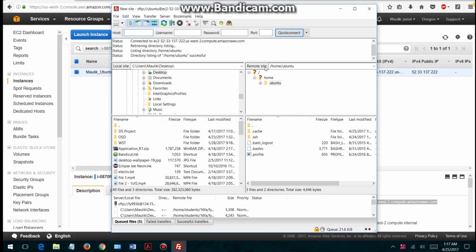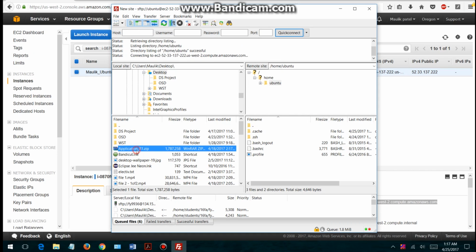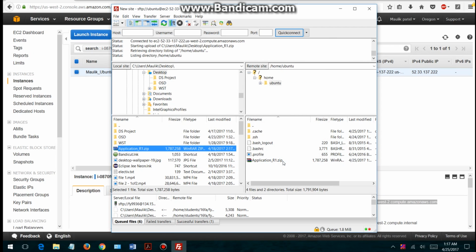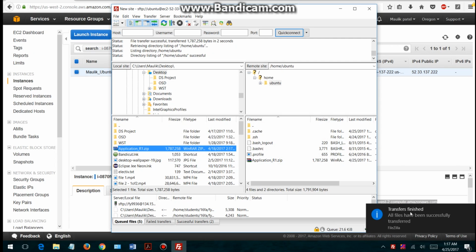Now my Ubuntu instance is connected with my FileZilla and my computer, so I can easily load my application R1 inside the Ubuntu. So I just click on desktop, so all the files inside this column describe the desktop files. I click on application R2 and drag and drop into the remote site and it shows the override. I say yes, okay. So all the file transfer is finished, meaning I successfully transferred my file inside the Ubuntu